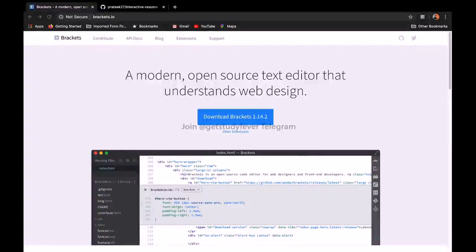Hi everyone. So in this video I will be discussing the development environment that we will be using for many of the projects that we will do in this course. There are multiple options. You can work with Sublime Text, VS Code, Atom, or Brackets. But I will suggest you go with Brackets because in many games and apps